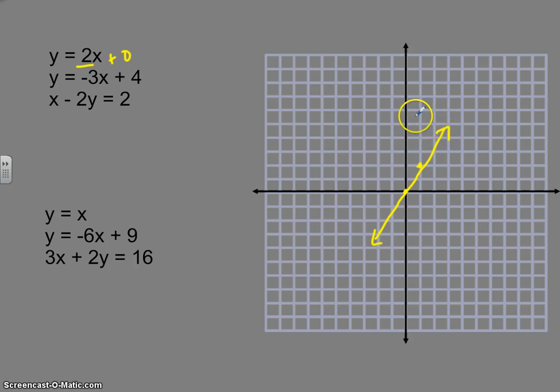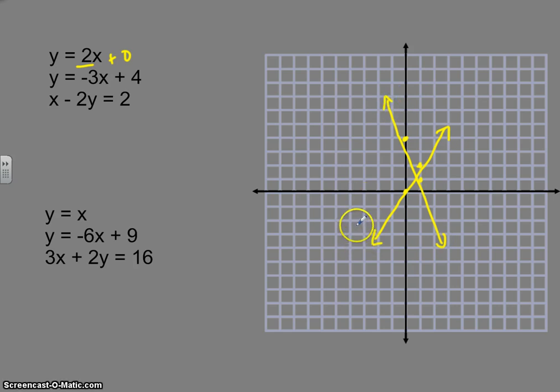Okay, let's look at this one. We have a y-intercept of 4, 1, 2, 3, 4, and a slope of -3. So we're going to go, it's -3 over 1. So -3, we go down 3, 1, 2, 3, over 1. We have a point right there. And we're going to try to draw a nice, well, I wouldn't call that nice, but a line through those